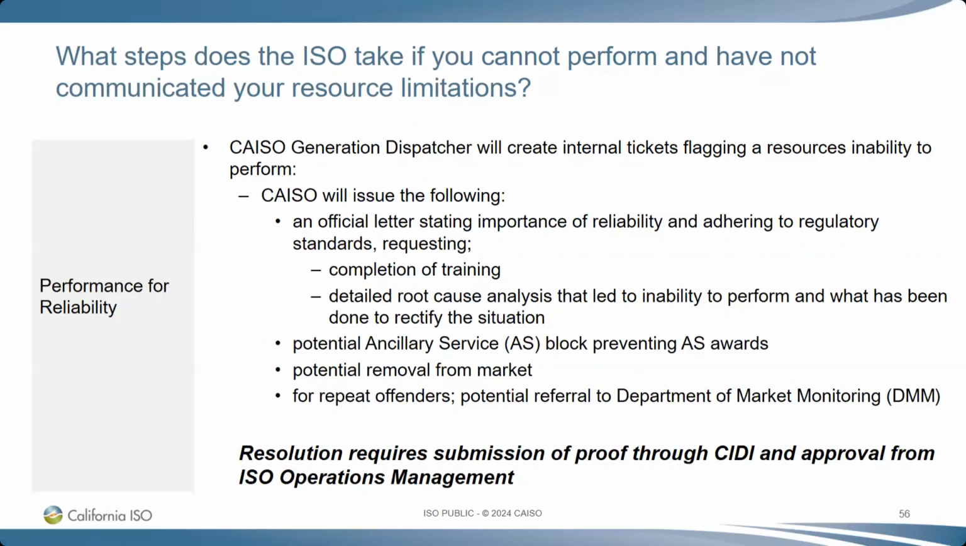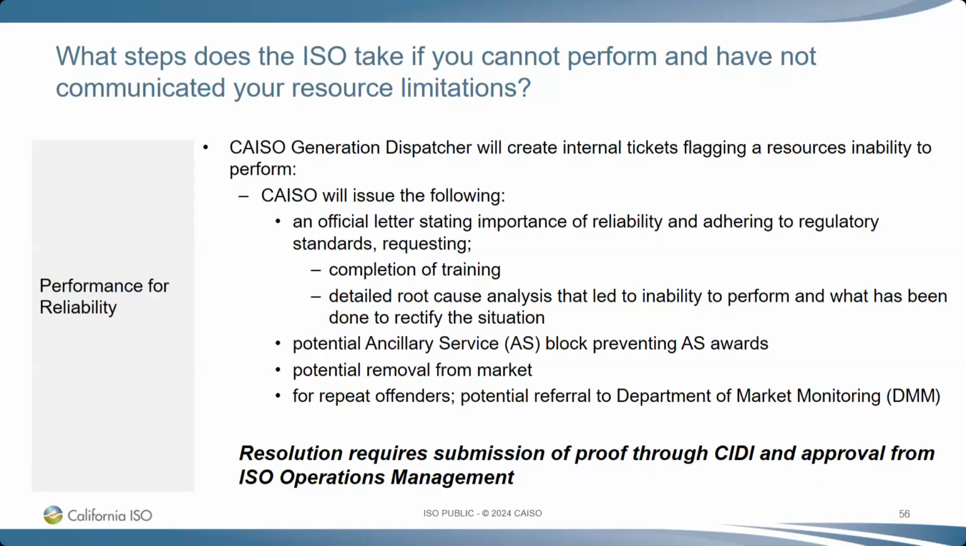So what happens if the resource can't perform and unfortunately hasn't communicated that they're not available? We talked a lot about informing through the OMS card. Maybe sometimes verbal communication is needed, but what about those resources that just haven't communicated that their resource is limited? If that does happen, the Gen dispatcher is going to create internal tickets. They're going to flag those resources, letting them know that there is an inability to perform, and they're going to issue